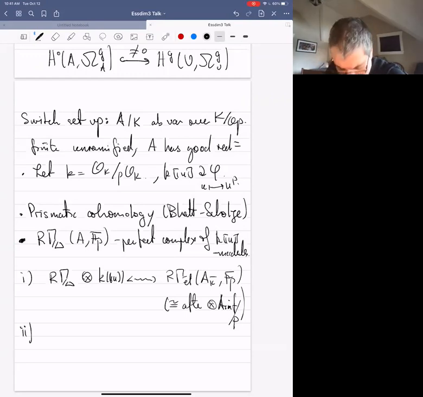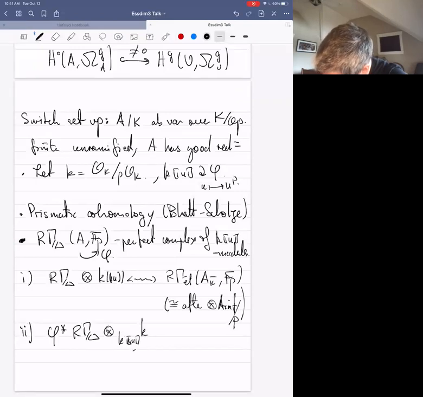Okay, the second thing is the relationship with de Rham cohomology. So this gamma, one of the structures it has is a semi-linear Frobenius on it. And if I pull it back by Frobenius, and then I tensor, I set u equal to 0. So I tensor by little k, so this u goes to 0. Then I get the mod p de Rham cohomology